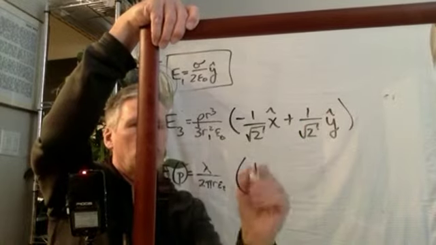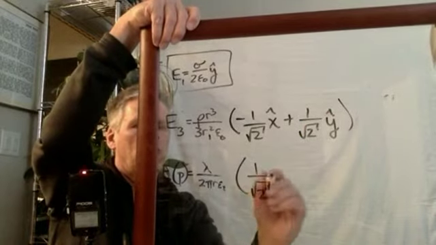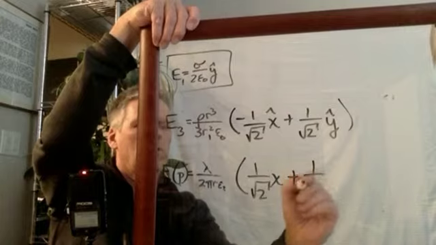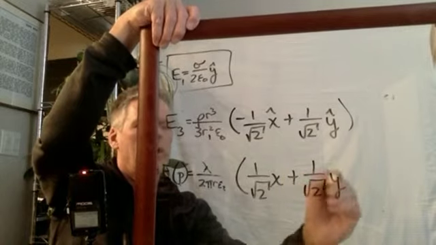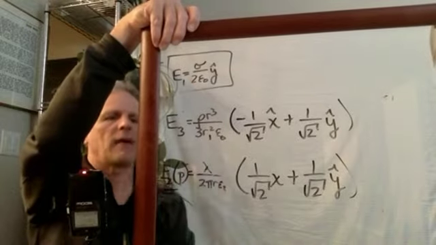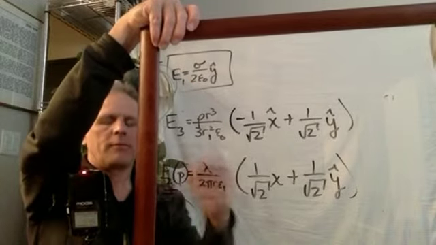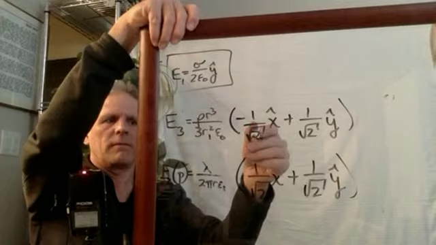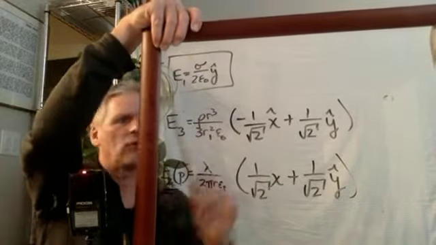And this is 1 over square root of 2 x hat plus 1 over square root of 2 y hat. And so our entire field, all we need to do is add these up in each dimension, in each direction. So